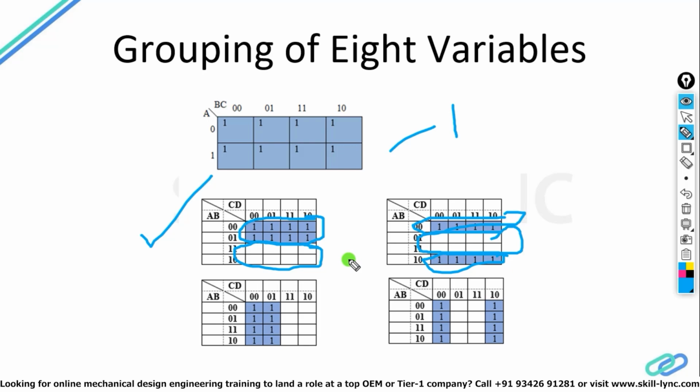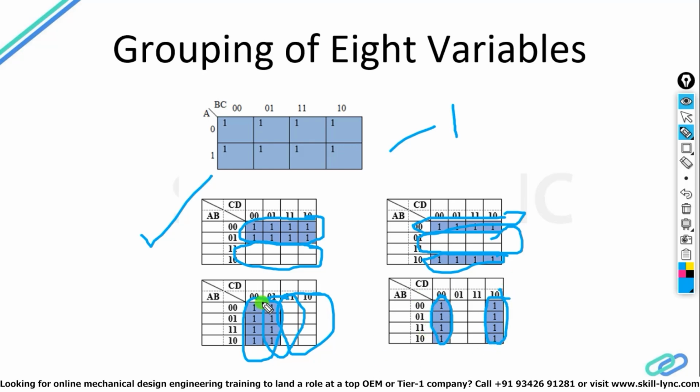It is known as the octapair. Or vertically also you can make a pair of these 8 ones, or these 8 ones, or these 8 ones, or you can take the first and last also. So it is known as the octapair.